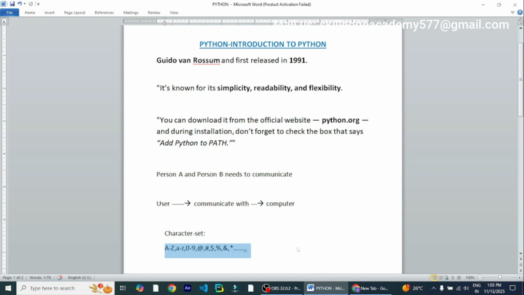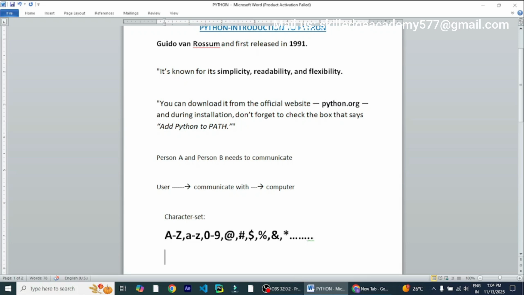If you look onto these characters, Python language supports all the alphabets, capital letters, small letters, that is capital A to Z, small a to z, all the digits 0 to 9, and all the special characters which are being used like @, hash, dollar, percentage, ampersand, asterisk, comma, full stop, semicolon, colon, square bracket, round bracket, curly brackets, means all type of special characters. So the character set of the Python language includes